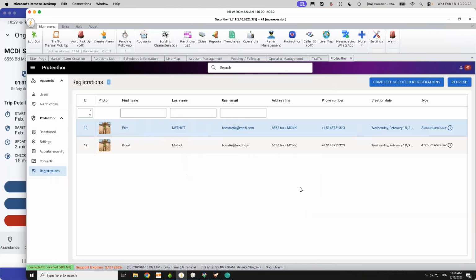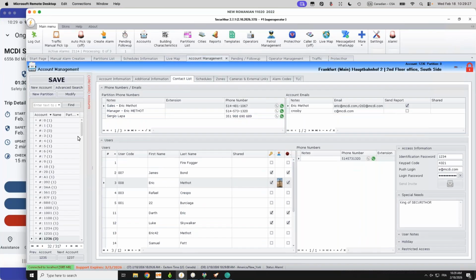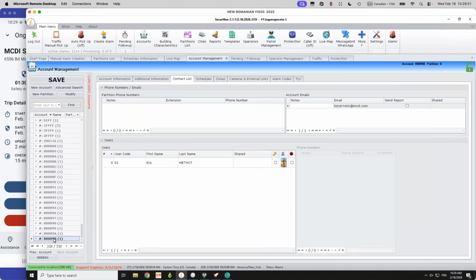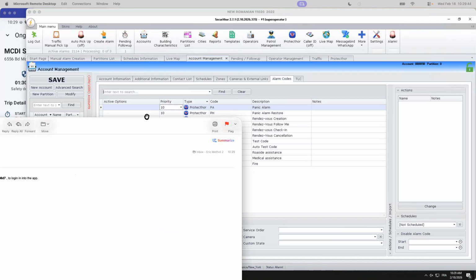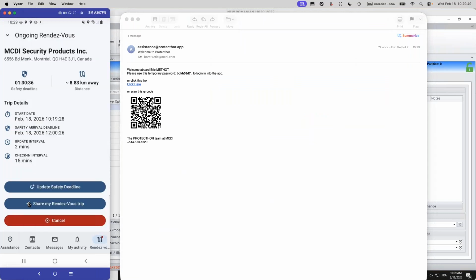So I'm going to confirm, so that means that if I go to my account management in Securitor, it's adding an account to the last account with my user. His picture is already there. The alarm codes are preloaded for it. And my user received this email with QR code. That's because